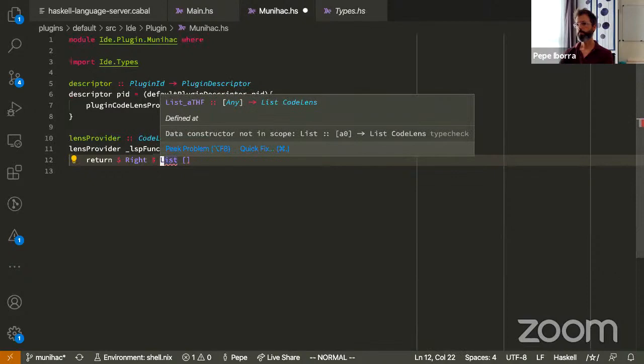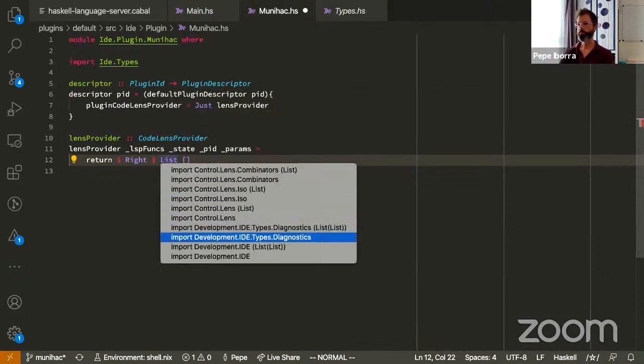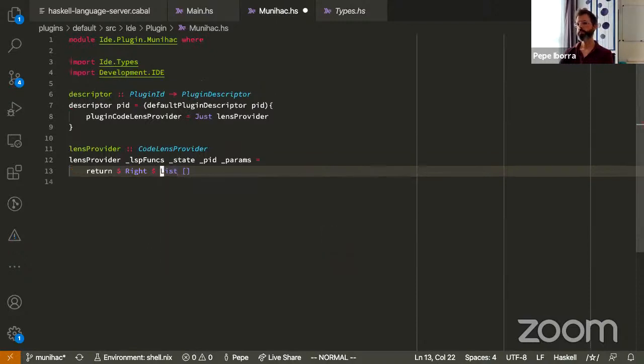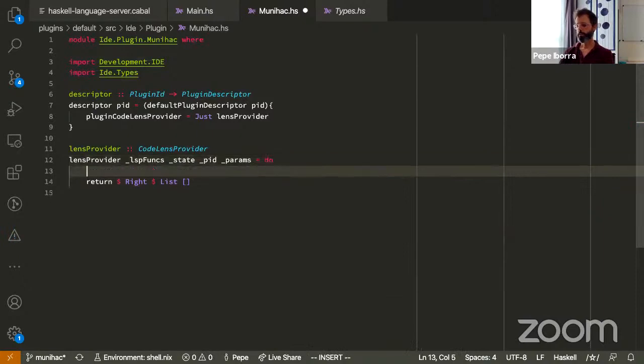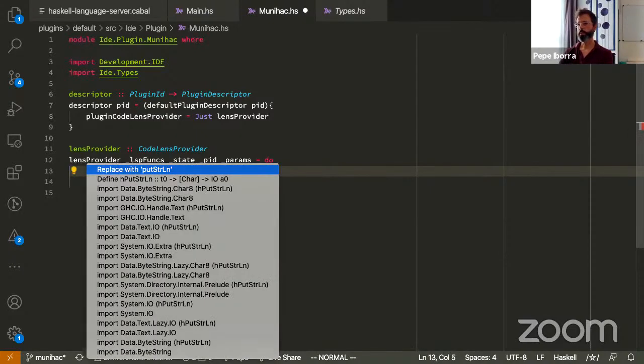And we need to import, let's just import Development IDE, which contains all we need. And then later, when we have a working code lens provider, we can see what we are actually getting from these modules. So let's start a message. Let's print something to the console. I usually print to standard error, but it doesn't really matter. Now let's import what we need